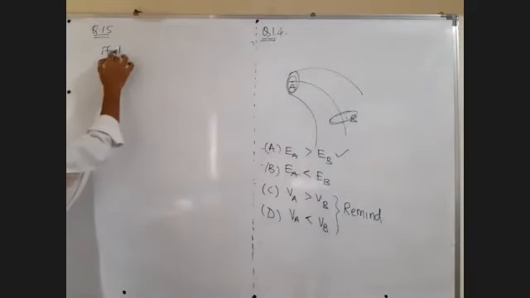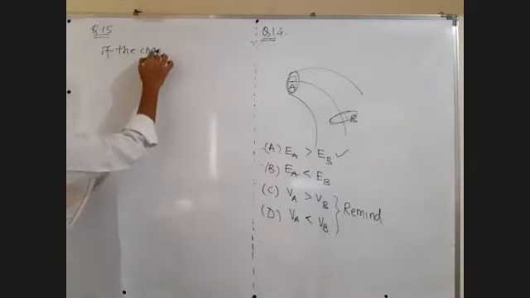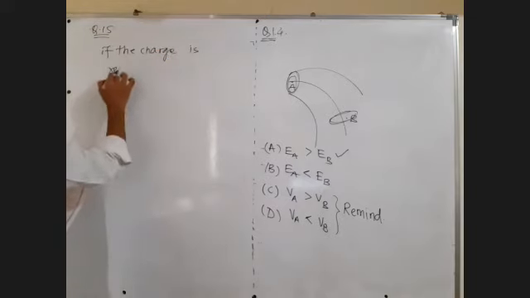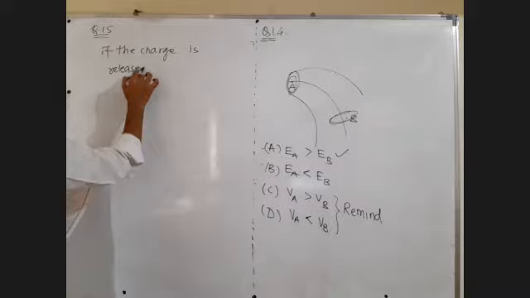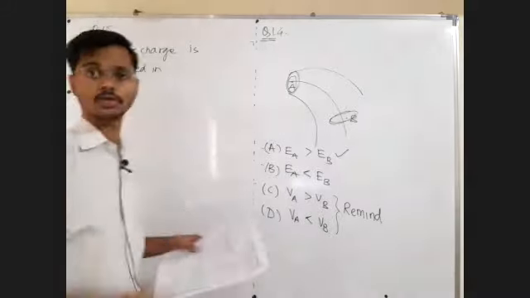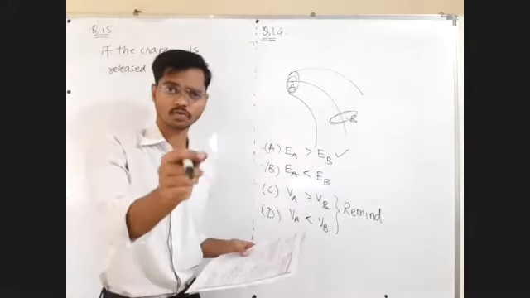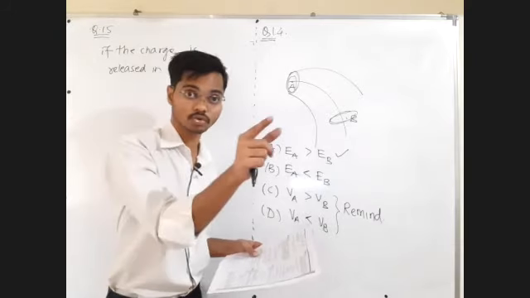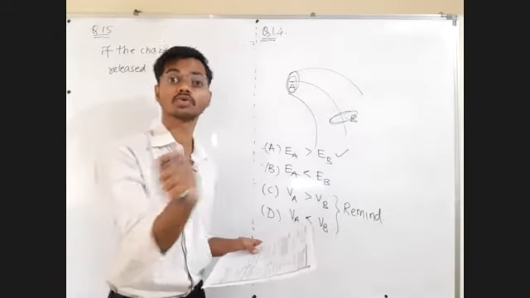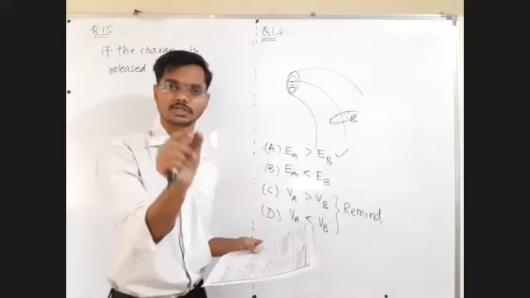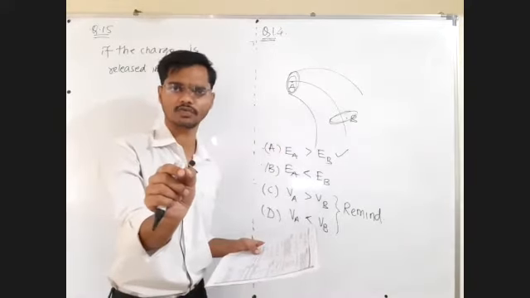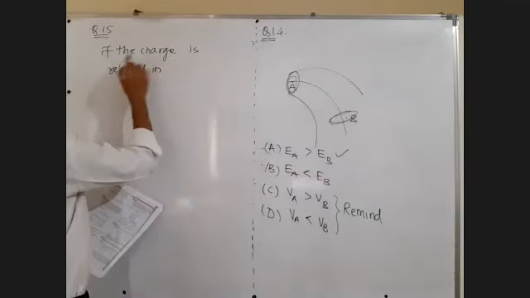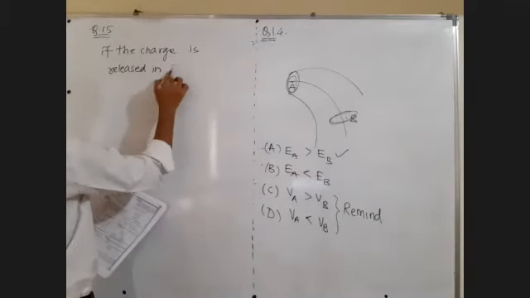If the charge is released, release means not thrown, simply released. You have to initially hold the charge, and now you have to release it. You are not asked to throw the charge. You have to simply release the charge. So hold the charge in the electric field. Now just release it. If the charge is released in the electric field,